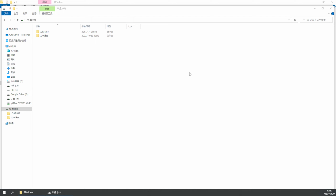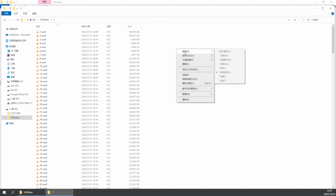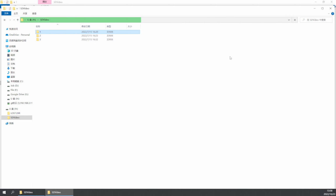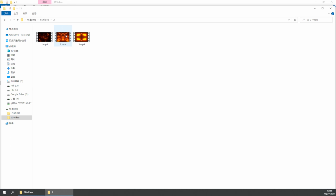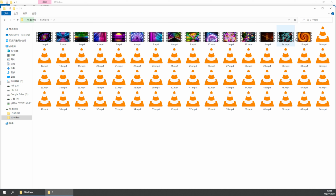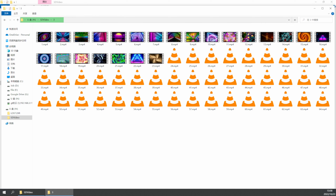Okay, now the file copy is finished. Let me check again. Here is the SD card folder. You must have an SD video folder on it. Going in, we have 3 folders. Number 1, we have the files like this. Number 2, we have the files like this. Number 3, we have the files like this. Okay, now we take out the SD card,